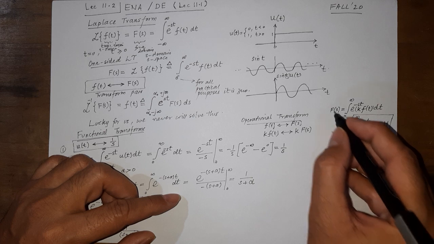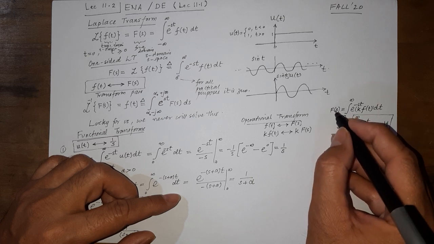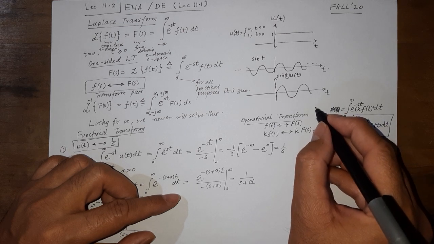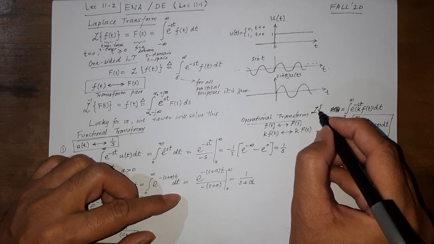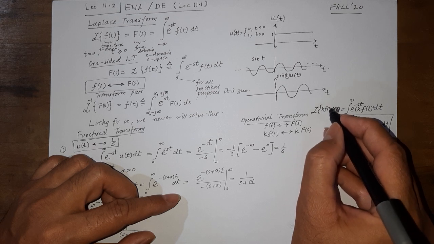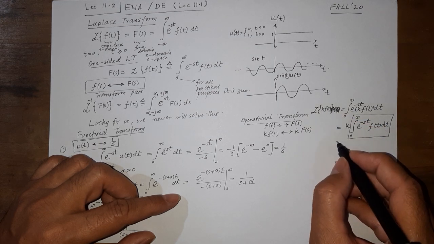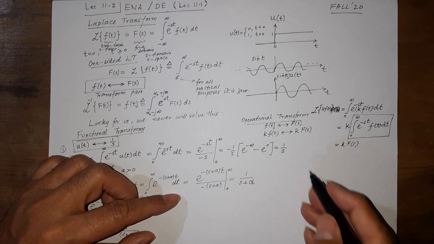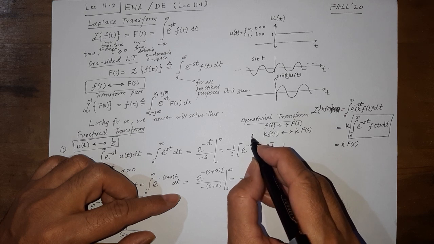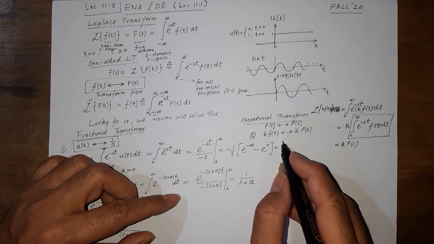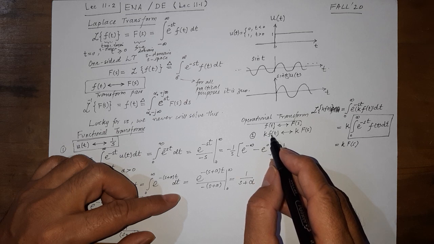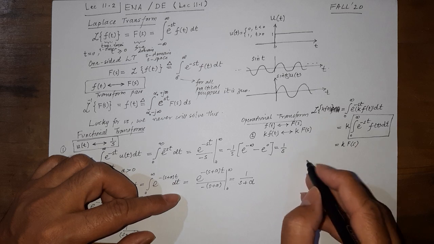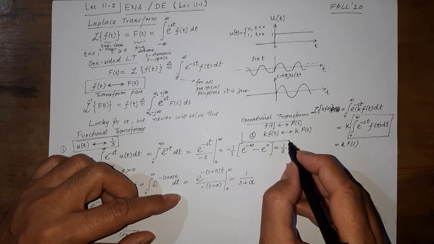So basically, this means that, oh, let me not write this here because we have to be mathematically correct. So we are trying to find the Laplace transform of k f(t), and we have found that to be equal to k times F(s). So this is the proof. This is, for example, the first thing in the operational transform table: if a constant multiplies the time function, the same constant is going to multiply its Laplace transform.